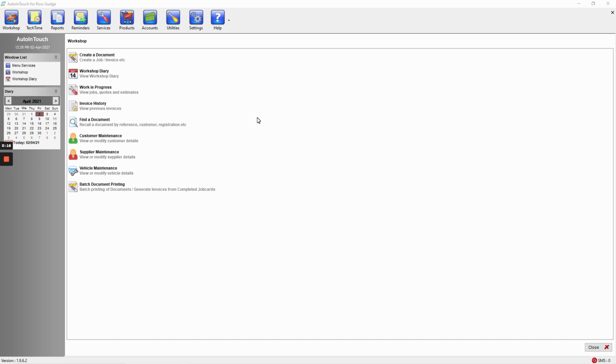There will be scenarios where you will need to recall an invoice, look for a job card, or find an estimate or quote in your database. And to do this we will use the Find a Document screen. Again, found in Workshop, we click Find a Document,